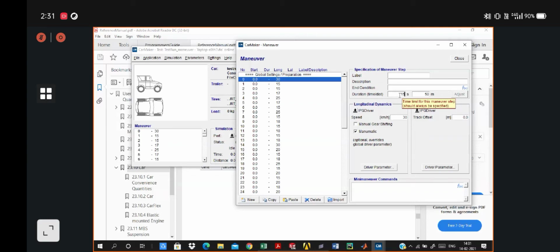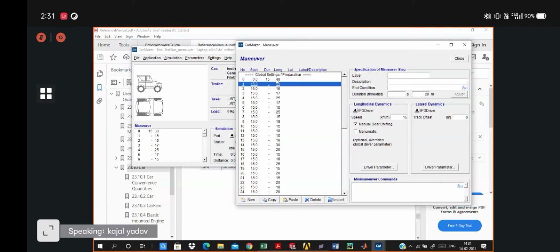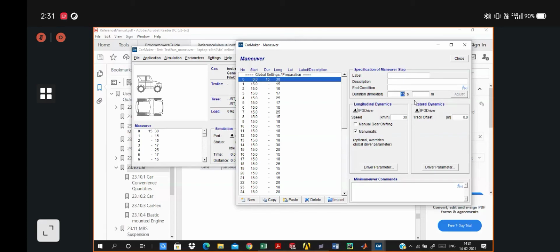Or you can define the distance instead of time. You can define the distance as 30 meters, and your vehicle will go at a speed of 30 kilometers per hour for the first 30 meters, and then it moves to the second step.